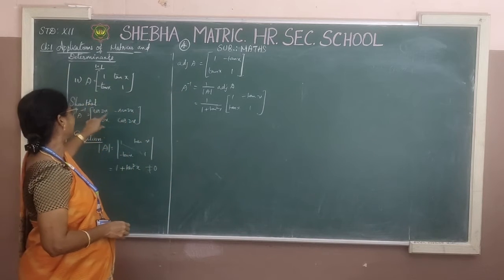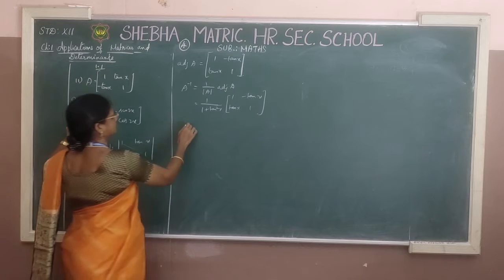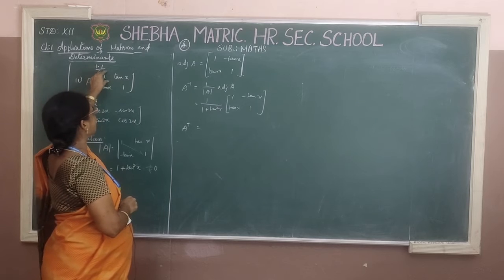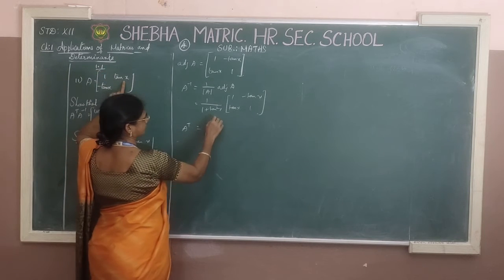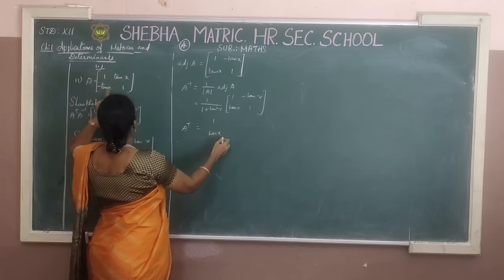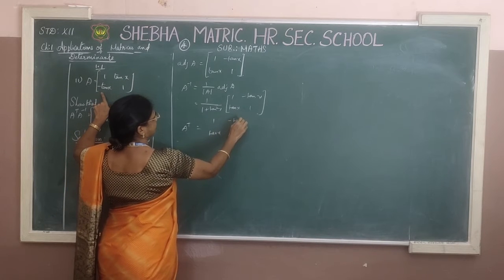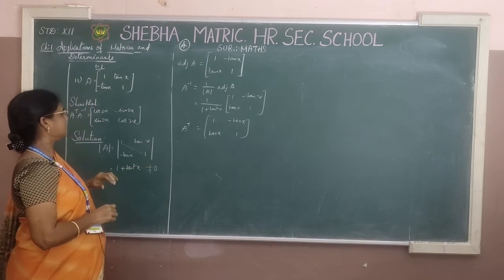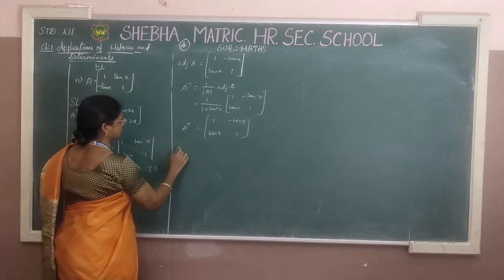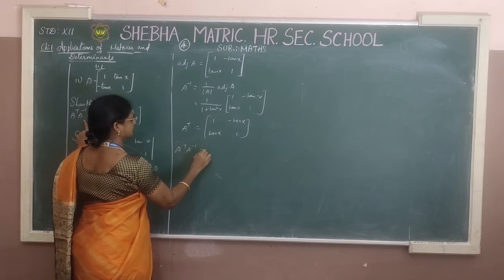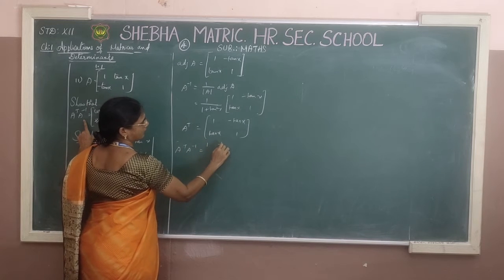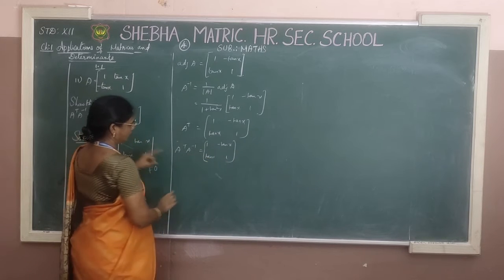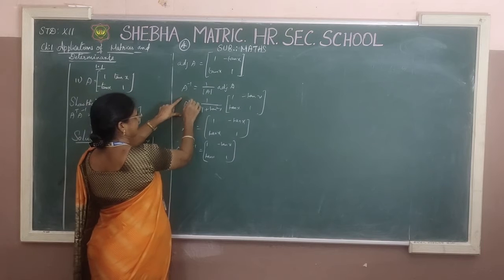Next we have to find A transpose. A transpose is, listen, we have to change all the rows into columns. 1 tan x we write as a column, and the next row as the second column. This is our A transpose. And then multiplying these two, we get A transpose into A inverse. A transpose is this, 1 minus tan x and tan x 1, into A inverse, which is this.